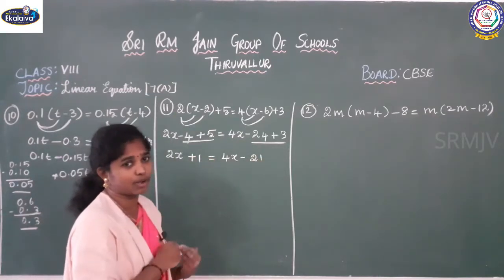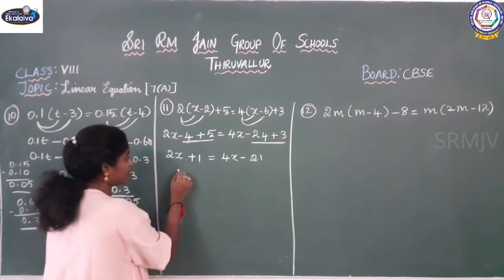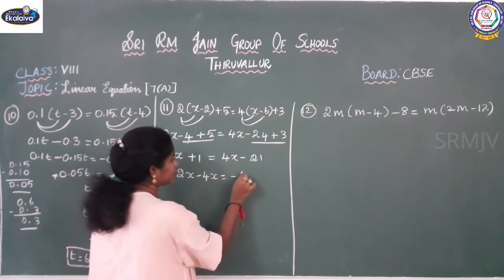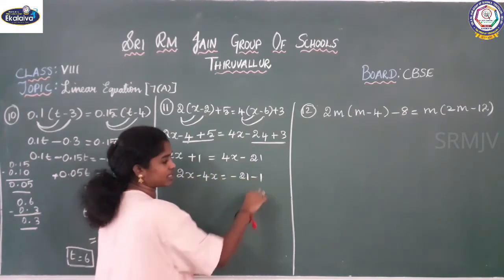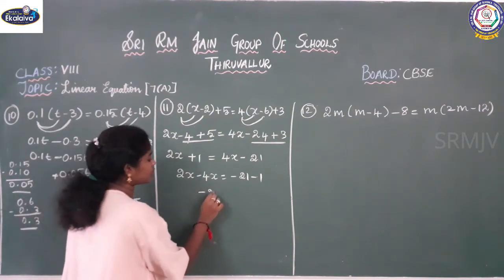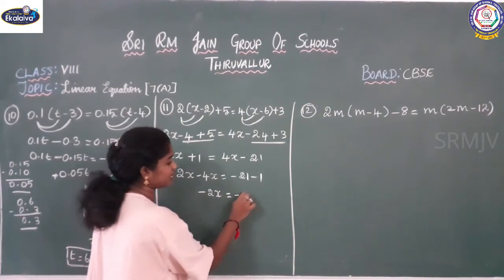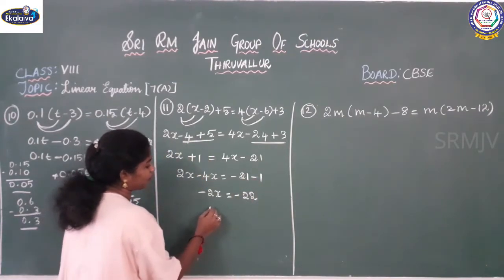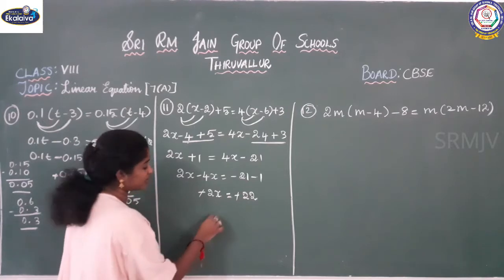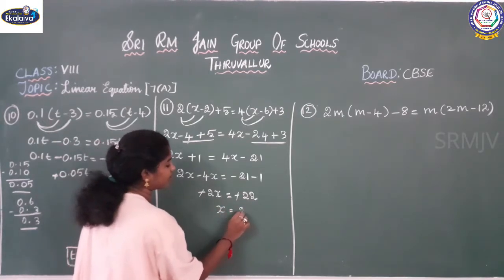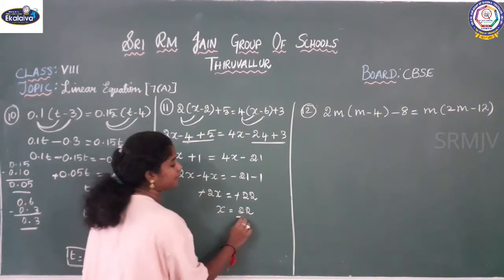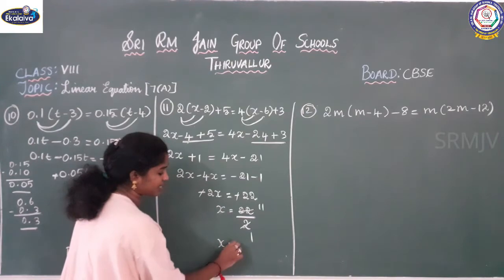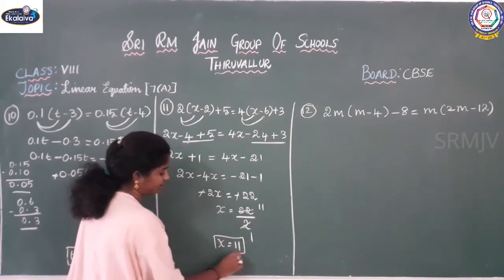Okay. Now, see this 2x, 5 minus 4, plus 1 is equal to 4x, minus 24 plus 3. We have to subtract and put the greater number symbol when we have different symbols. So, greater number symbol is minus. When we subtract 24 and 3, we will get 21. Now, I am going to bring all the x one side and the numbers one side. So, 2x minus 4x is equal to minus 21. Plus 1 becomes minus 1. Now, minus 2x is equal to minus 22. Same symbol, add and put the same symbol, right? Now, minus minus get cancelled. So, I have to find the value of x alone. I can write x is equal to 22 by 2. 2 elevens are 22. So what is the value of x? x is equal to 11.